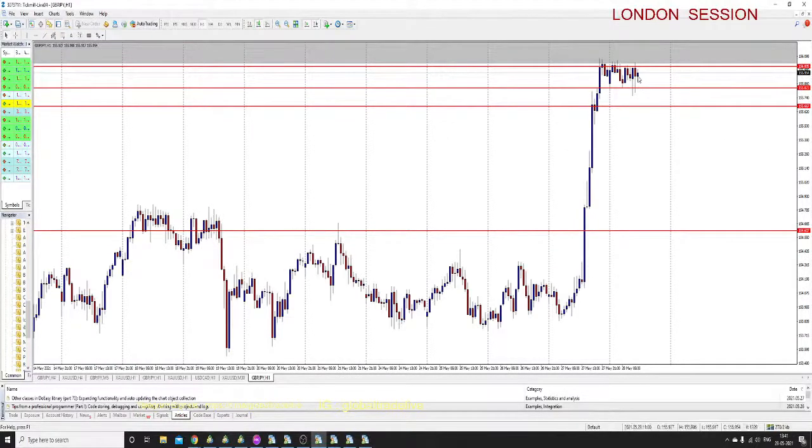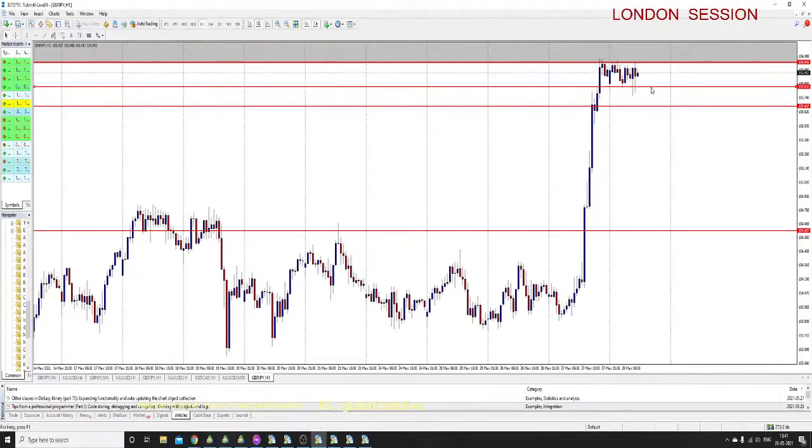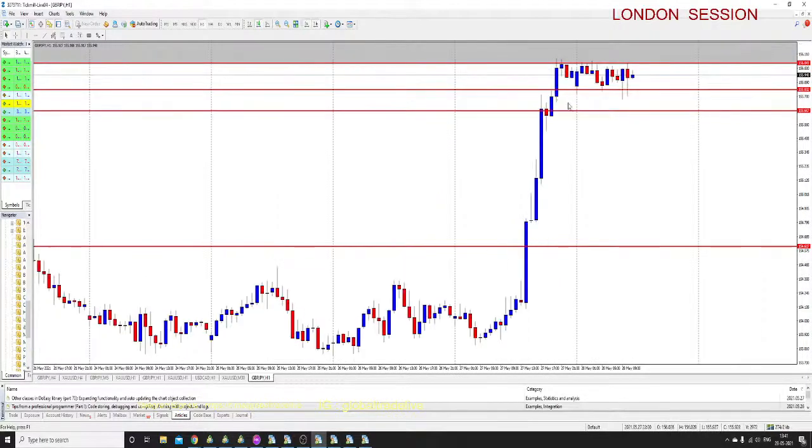By looking at the 1-hour, this is a resistance level over here, and this is a support level over here. What the market is doing is just respecting this level and this level. So we really need to see a break above